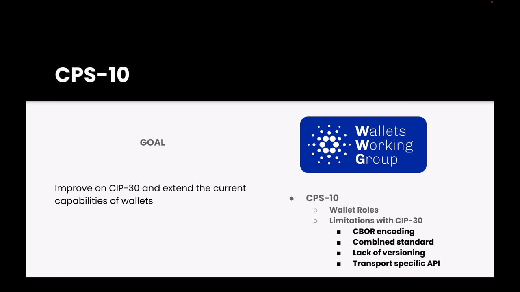CIP-30 kind of conflates the connection standard and the API, which then must be used in every connection. In terms of CIP-30 sections, these are called the connection API and the full API essentially, but they are quite different, and we thought it would be a good improvement to try and split these things apart. Then there is the lack of proper support for versioning. There is some attempt to support versioning, but it is not really well enforced. It's not reflected in the API anyhow. It's not enforced on the extension level.